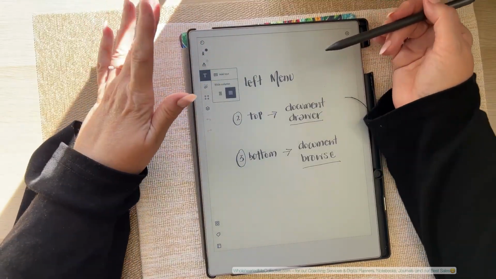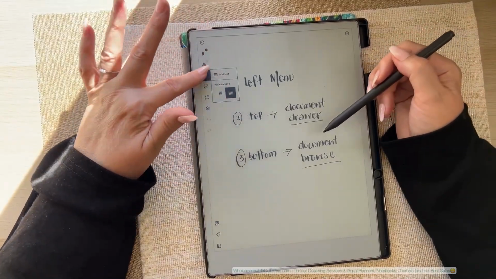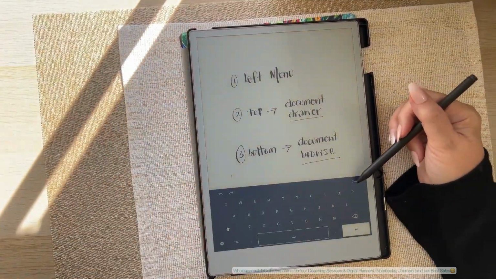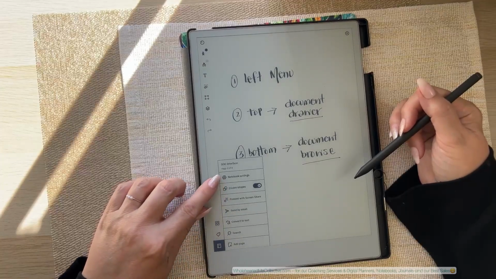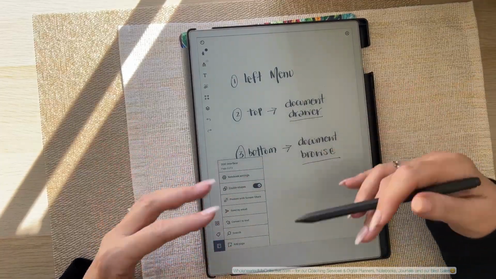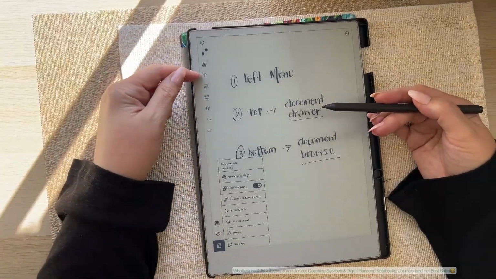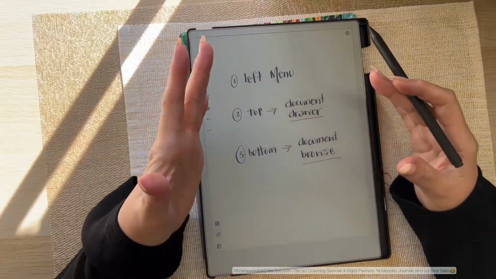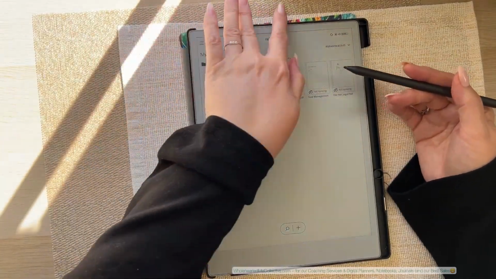Now, typing. You can get into the typewriter, the on-screen keyboard, right? I'm just going to close it again because this is a notebook. See how it says notebook settings? When you're in a PDF that you've put on this device, it'll say PDF settings and you will not have a T. But having said that, if you're in a PDF and let me show you,